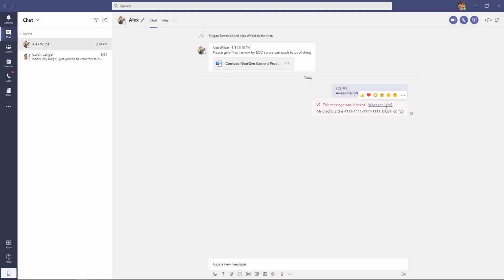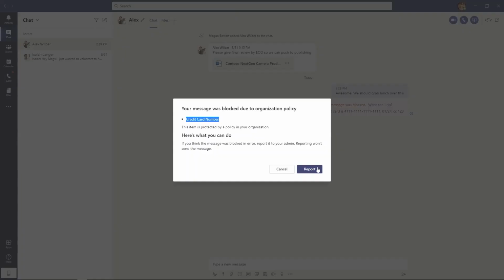And so again, the really cool thing is we don't just block this and tell the user, hey, it's blocked. We actually give them this little info blurb as you click on here to understand why it was blocked. So if it is required for you to reach out to IT because you feel there maybe is a false positive, you can let them know. Otherwise, again, this is a great opportunity to educate your end users on what type of data is allowable or good to be sharing with other end users and what type of data is just not safe to be sharing